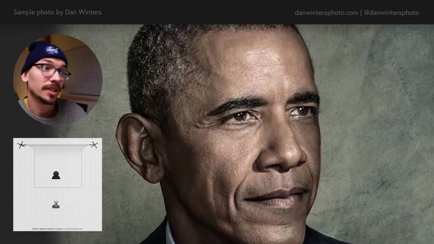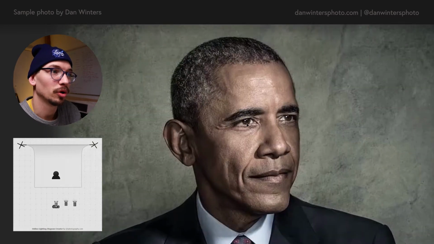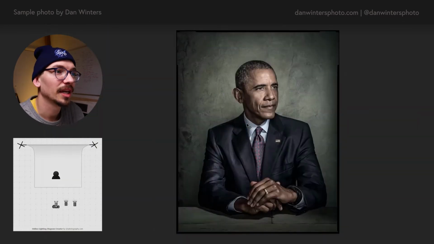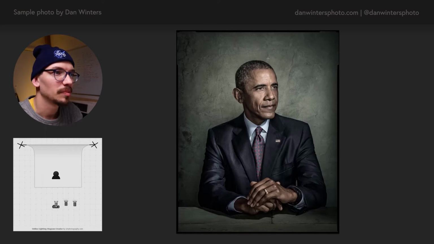There's a bigger one that we see on the left side and a smaller one on the right. So we know right away there's at least 2 lights in this portrait. Then we can see in the background there is some light hitting the background, but it's possible that it could be from the same light. So let's just look at the shadows here.